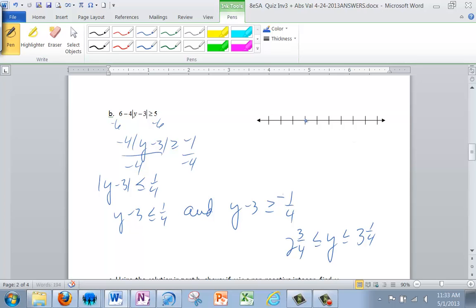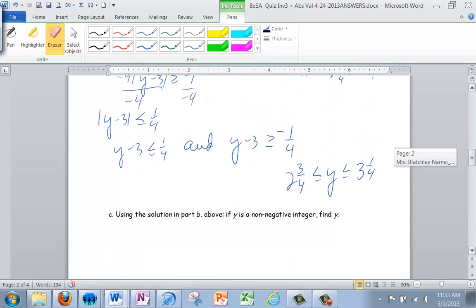So if this is 2, and this is 3, I want everything greater than 2 3/4. I don't want dots there. Let me fix that a little bit. There we go. And everything less than 3 1/4. And it has to be both of those at the same time, so that's in here. So this is 2 3/4. This is 3 1/4. So then a lot of you got to this point, and you did fine, and then